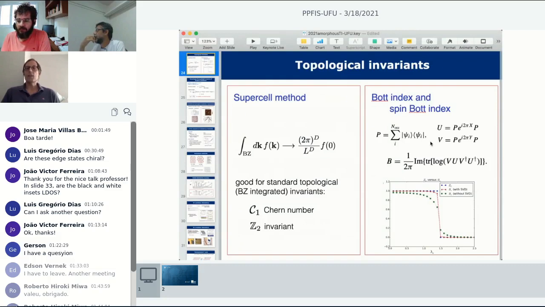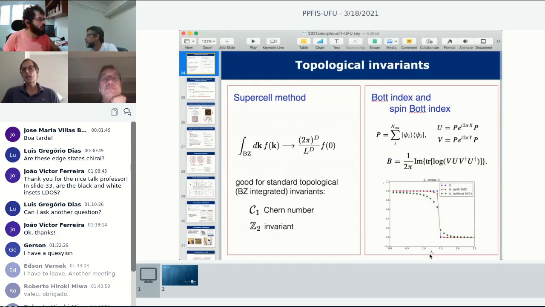But the thing is, the Bott index performs very poorly if you have a clean system. That's an interesting part. It's a local integration in real space, so if you integrate over a primitive unit cell, it's small and it doesn't converge nicely. This is a kind of showing how it works. No, this is not the graph I wanted to show. This is not the graph that explains what I'm saying.